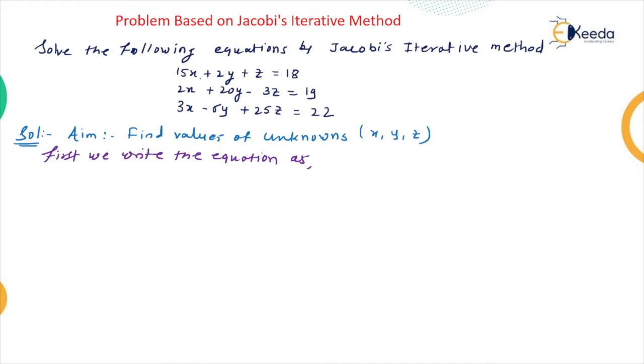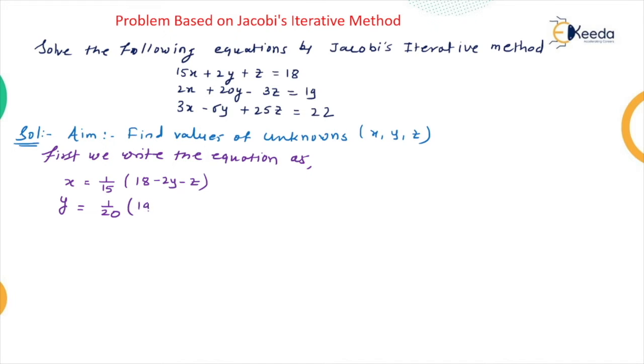The first equation is 15x plus 2y plus z equal to 18. This can be written as x is equal to 1 upon 15 in a bracket 18 minus 2y minus z. Similarly, the value for y is 1 upon 20 in a bracket 19 minus 2x